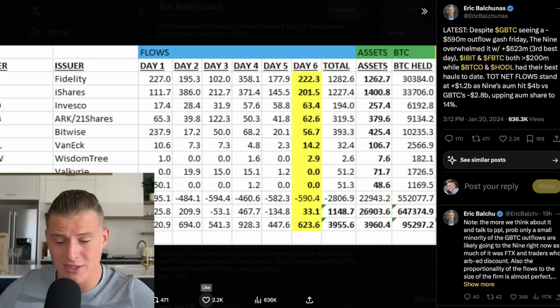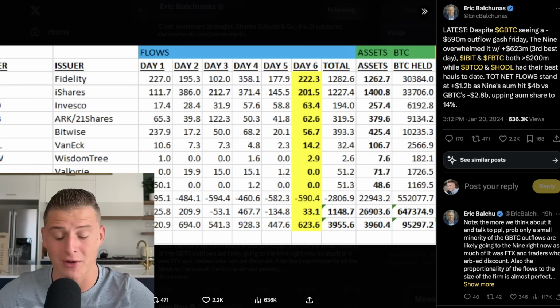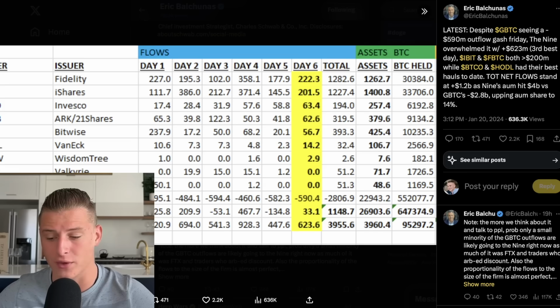So we're actually still seeing a massive amount of inflow, and as you can currently see, it's a race between Fidelity and BlackRock, and they're both very close to each other in terms of how much Bitcoin they're holding. As you can see on this chart, more than 33,000 Bitcoins are currently held in that BlackRock spot Bitcoin ETF. And in total, about 650,000 Bitcoins are held in ETFs. And of course, that is due to the fact that Grayscale is holding more than 500,000 Bitcoin in their